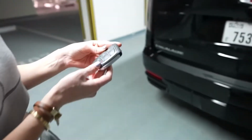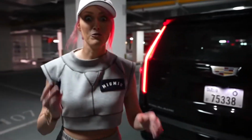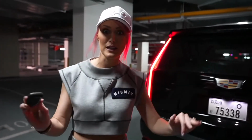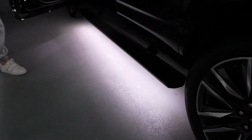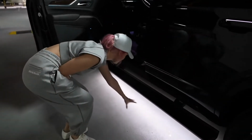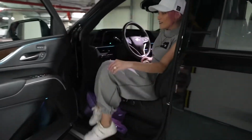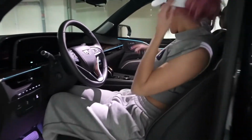What you can do to start up the car is press this on the key, and it responds super quickly. Check out the interior, what lights up when you get into the car. I love how this step comes out, and this is all lit, so you know exactly where you're stepping. And yeah, radiant lighting here